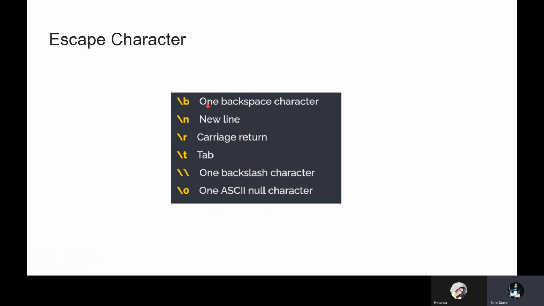If you want a new line, you can use backslash n. If you want a carriage return, use backslash r, and backslash t for tab. One backslash character or one ASCII null character. So these are some escape characters we can say.